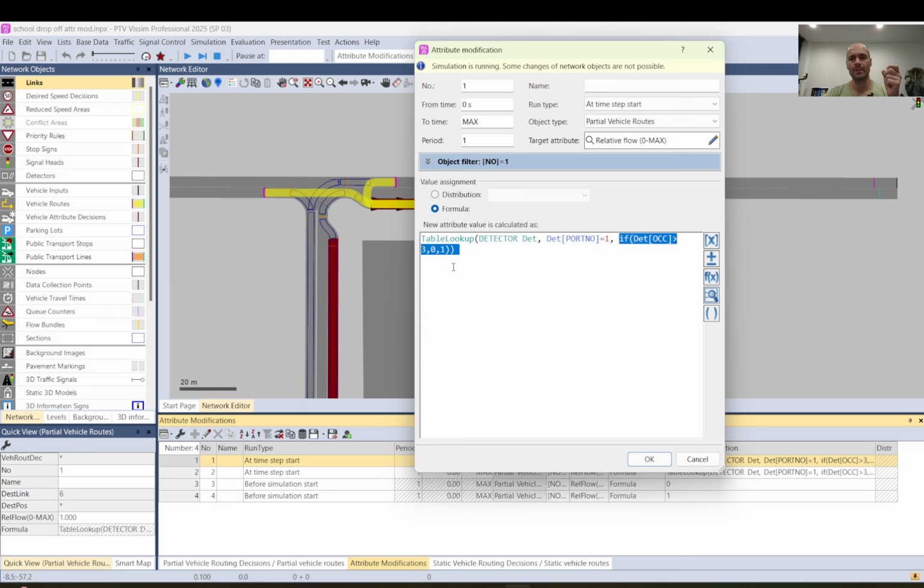And this third section is the result that will be put here into this target attribute. So relative flow will be updated with the number that this results. Here I have an if, and I will put into the description the video where I go into more detail how to use table lookup. So in here, what I do is I check the occupancy on the detector it returned. So this condition,